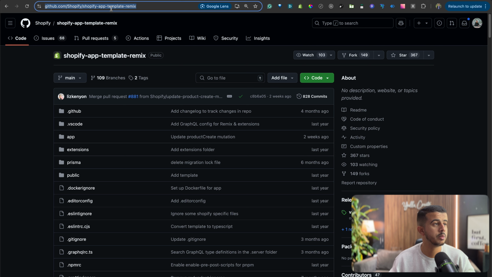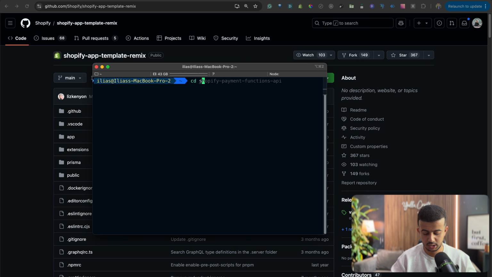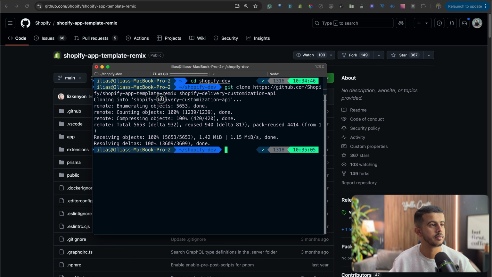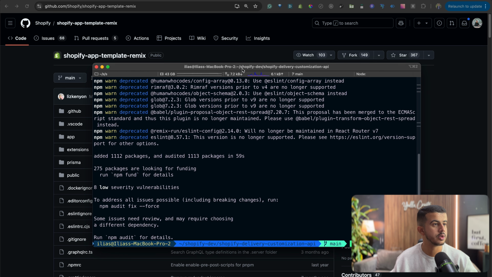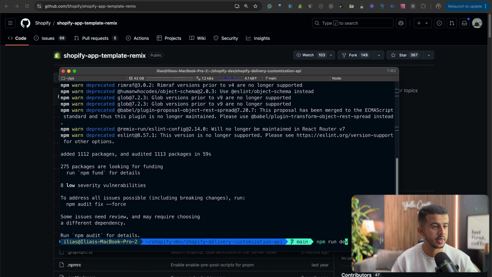Awesome. In this tutorial, I will be using the Shopify remix template. So let's clone this one. So let's go to our Shopify and let's clone, and it will be Shopify Delivery Customization API, and cd into it, npm install. Awesome. So the node modules have been installed, so let's run npm run dev,